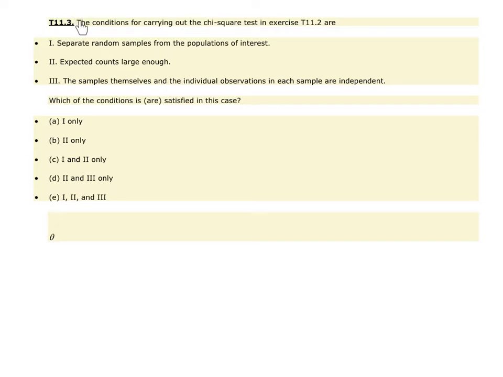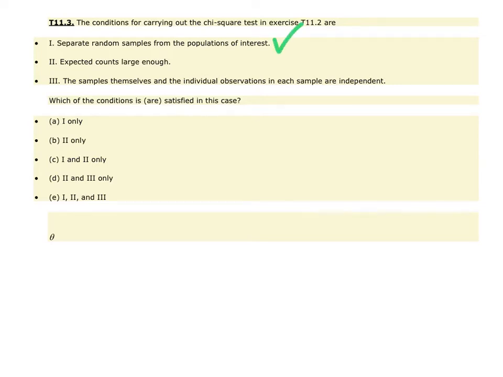Question 3 is an extension of that scenario. The conditions for carrying out the chi-square tests in that exercise are this. 1, separate random samples from the population of interest. 2, the expected counts are large enough. And 3, the samples themselves and the individual observations in each sample are independent. Which of the conditions are satisfied in this case? If you check it, they already did talk about that they took random samples of all 4 different class types,